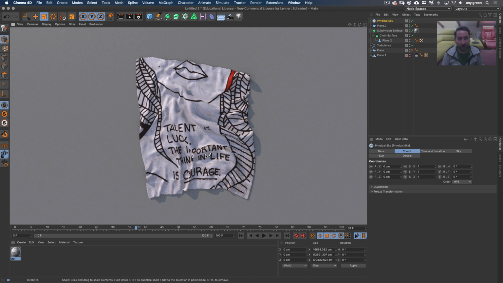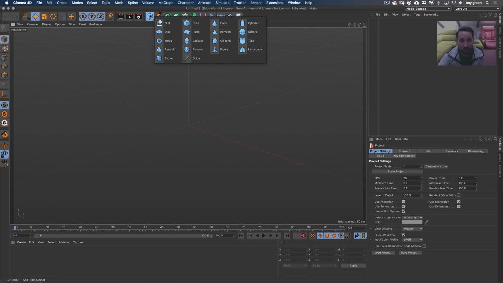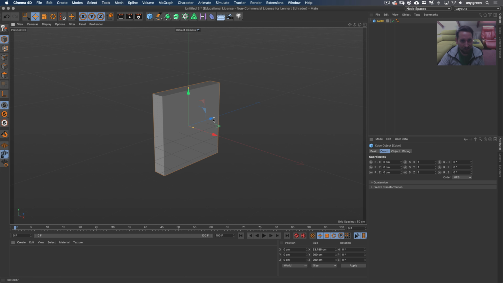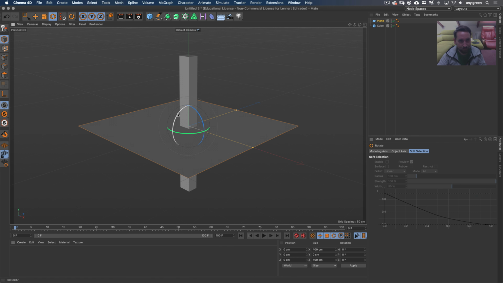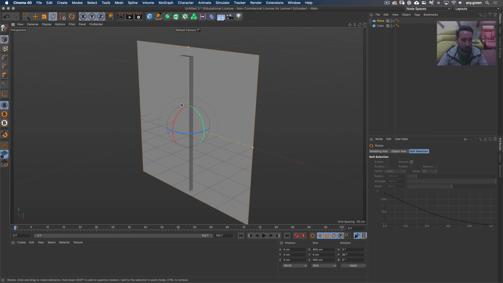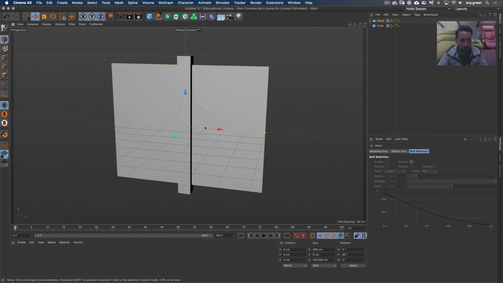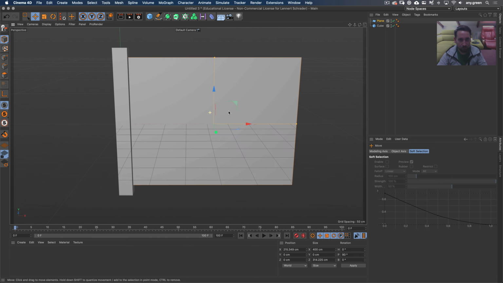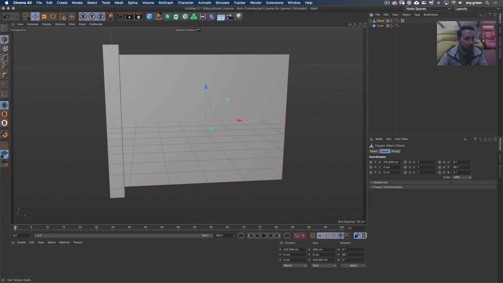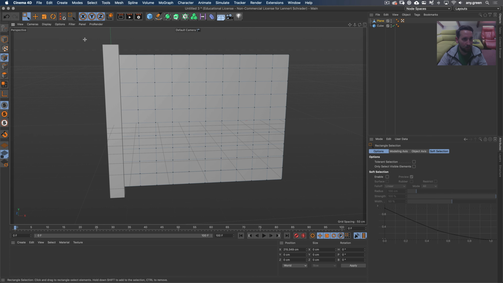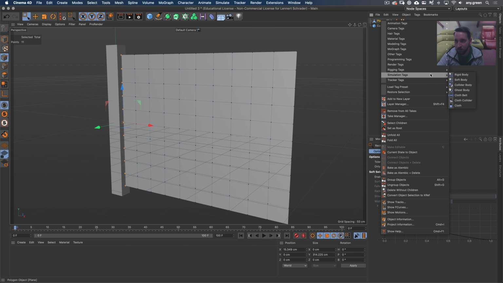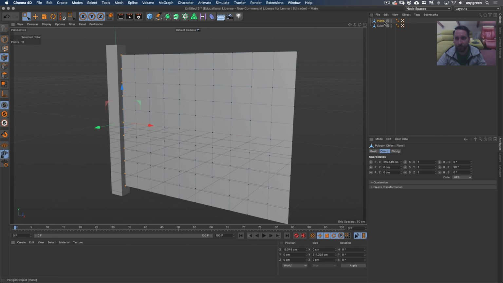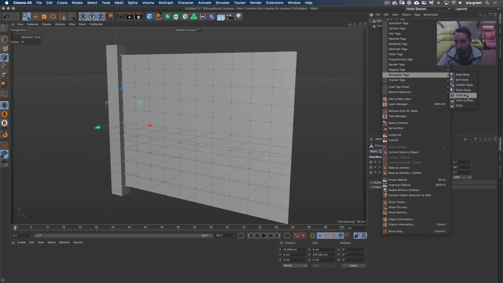There's one more nice thing, if we are talking about real flags, that you could do with cloth. We could attach elements together. So I could create kind of like this pole, and I can take a plane like this. I can adjust it in the size a little bit, like so. Make it editable, and I can select all of the points that are on the side here, and I can lock them. So I right-click on it, go to Simulation Tags. I think this needs to be editable as well. Simulation Tags,